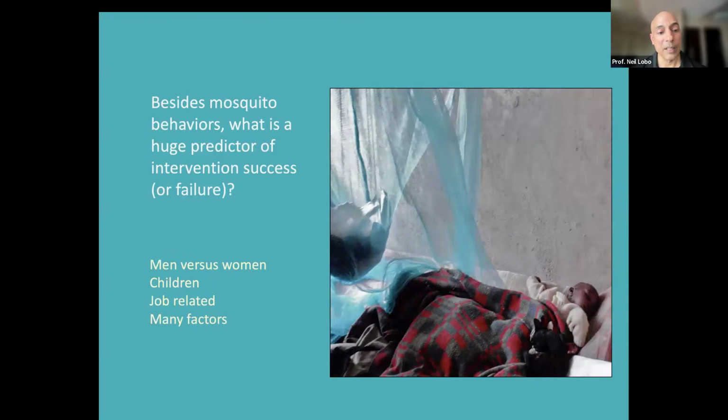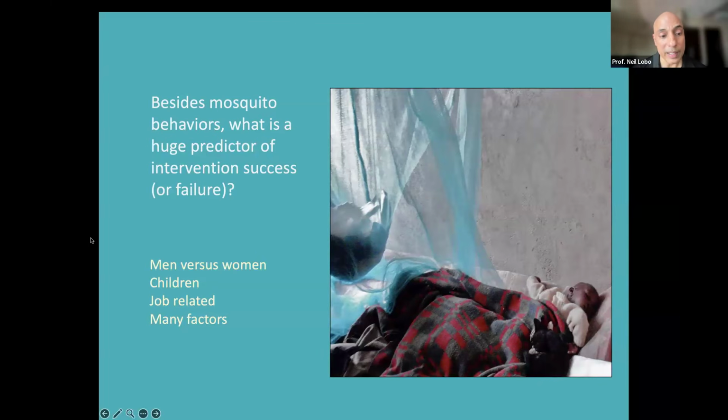And this can be completely different as well, right? It's not just the population as a whole. Men and women have different behaviors usually in village settings, in traditional settings. Children have different behaviors. Different people with different jobs have behaviors. For example, if I'm hunting in the forest, or if I'm collecting mushrooms in the forest, or if I'm a fisherman, or if I'm fishing late at night, if I have to stay in the fields to guard my crops, right? All these are different behaviors that are related to how people are exposed to malaria, to the malaria infection. And understanding all these are really important to understand how to protect people.